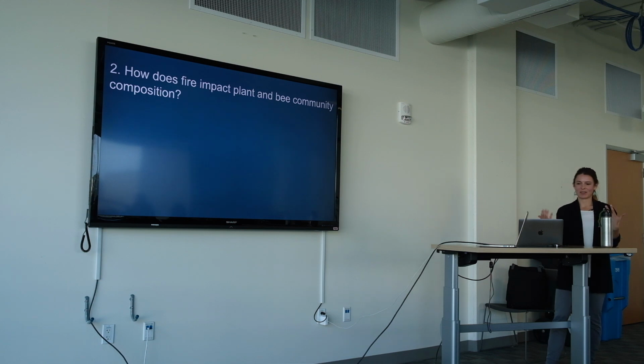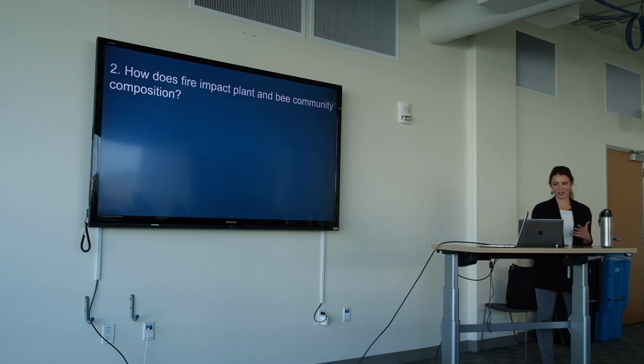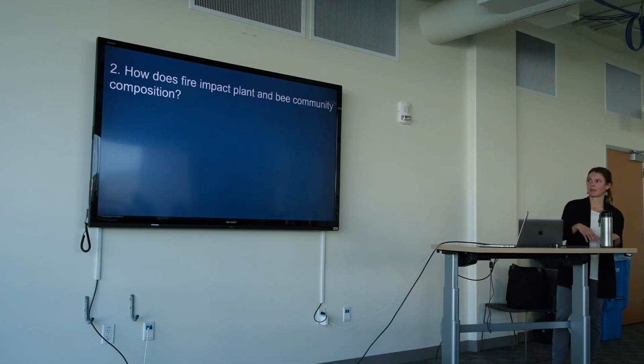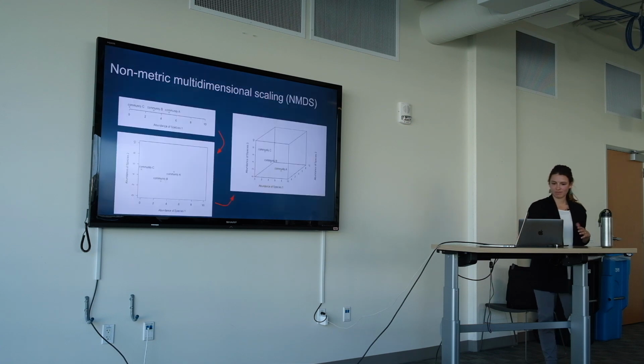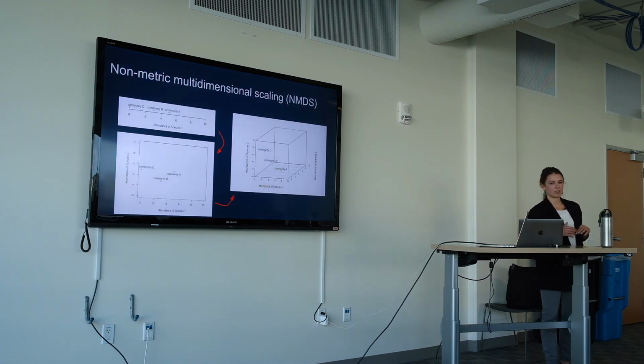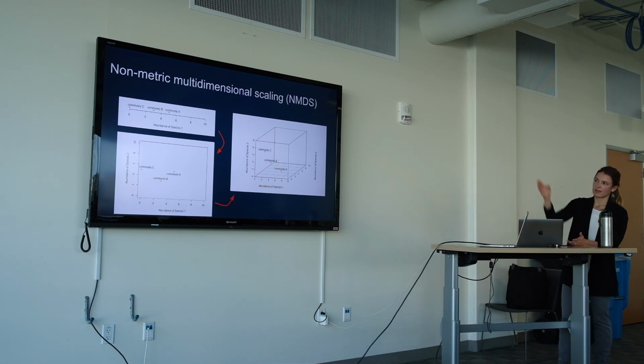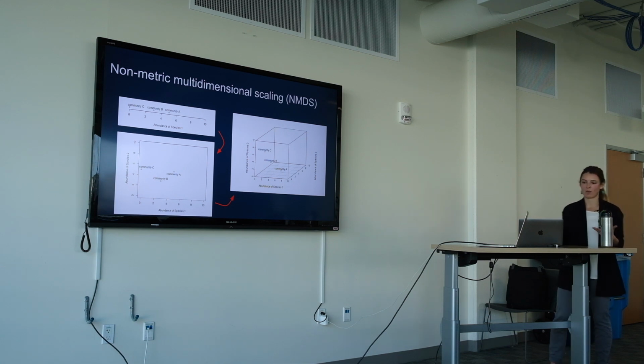All right, so now that we've talked about the results of how fire changes network structure, we're going to move on to the second question, which is how does fire impact plant and bee community composition? So to look at the changes in bee species composition, I use non-metric multidimensional scaling, or NMDS, and it's a technique used to represent communities in multidimensional space. So for example, you can plot the abundance of a single species in a community on one axis. Then you add a second axis, add a second species, third axis, third species, and so on until you've plotted